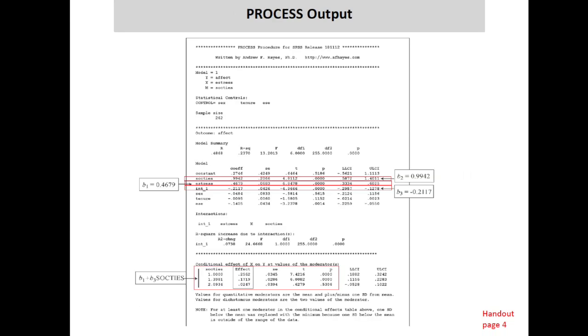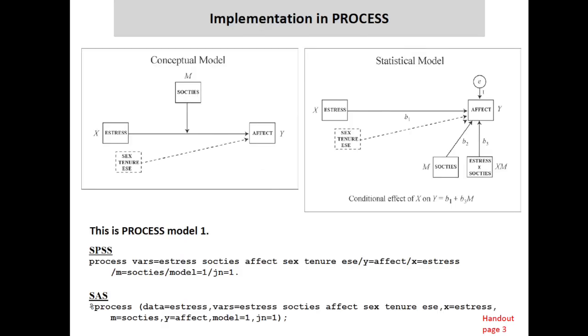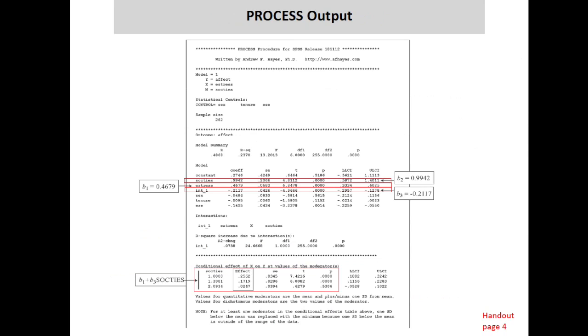Now, as you look through the output, what you will find first is just a standard OLS regression output. So our outcome is depressed affect. It's got 6 predictors. One of them is a product. See here it says int_1. That's the product term. Notice that I didn't generate that product. There's no product term in this command. It's doing that for you. It knows what to do. It generates the product for you. So this is just standard OLS regression output. You have B1, B2, and B3 in this output, just as you would if you did this in SPSS, although you'd have to generate the product on your own if you were doing it.